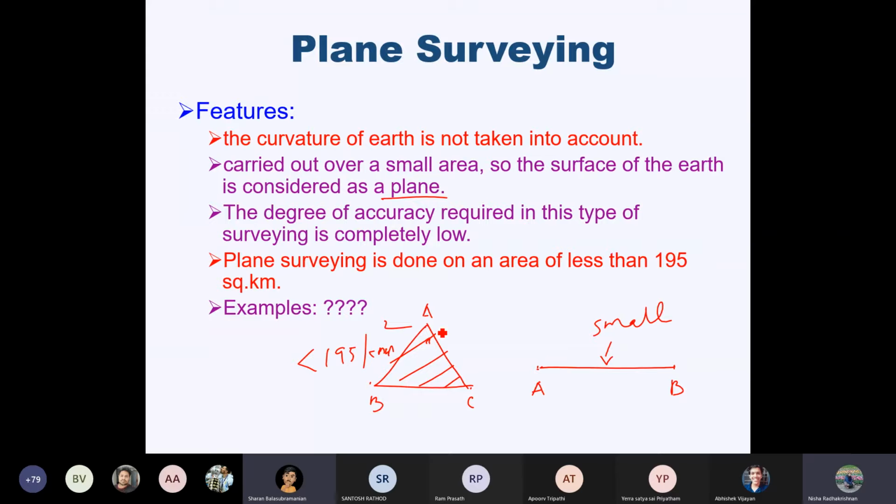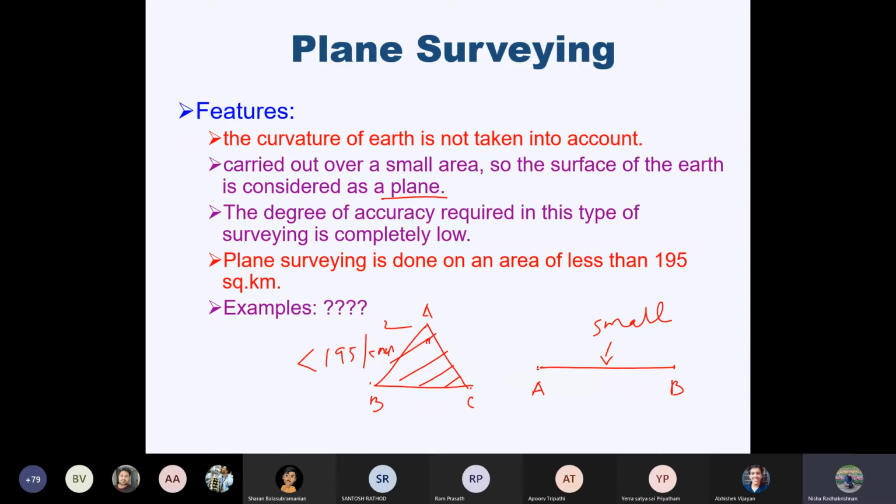You must say plane survey. The curvature of the Earth will not come there. You can actually see at least your partner on the other side of the road, a small speck. That's all. But still, they are visible, right? So finding out the length of the road, dimensions of the road, or a section. That's why I said section of a road. I'm not saying the entire stretch of the road. I'm saying a section of a road. That section of the road will be plane survey.